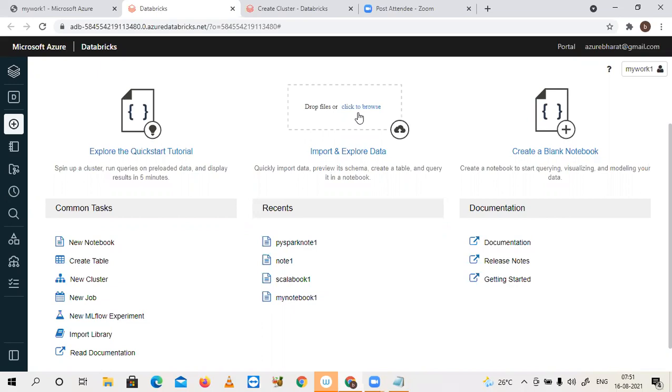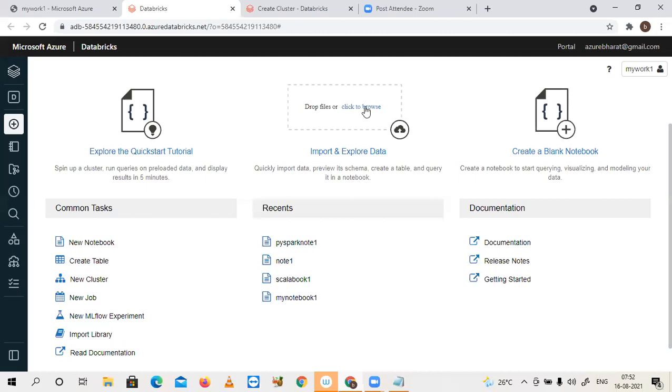So before going to and working with this, to avoid confusion with those things, first let's start working with some directly local files, which we will dump into this Databricks, and then we start working with those files. After completion of hands-on with these things, I will show you how to connect with the data lake or some other sources.